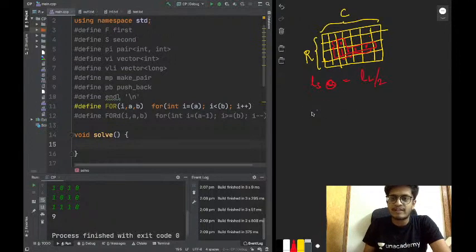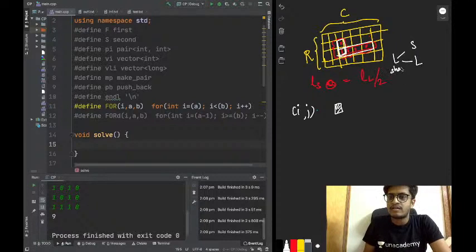We said that we will take any cell I comma j as the joining point, the common point of these two segments. This is my shorter segment, this is my longer segment. Every L shape will have a shorter segment and a longer segment, and their intersection is the cell we are at currently.